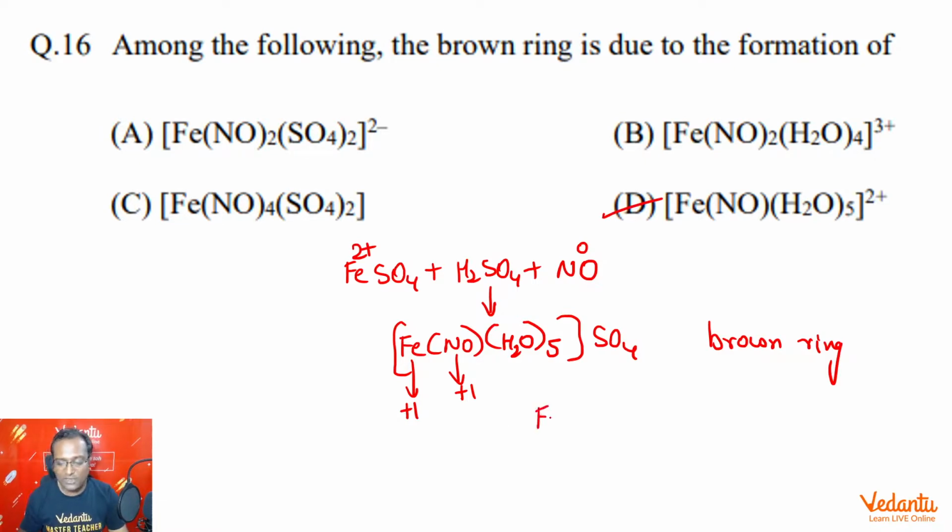Now, when we say Fe is in +1 oxidation state, let me just go a step ahead. So this will be 4s1 3d6. As we know that s orbitals have to be kept empty so that hybridization can take place. So this converts to 4s0 3d7. Okay, the answer here is D, guys. Which of the following is brown ring complex? Brown ring is this.